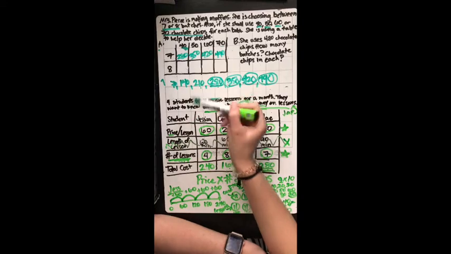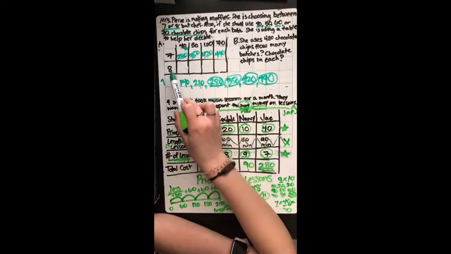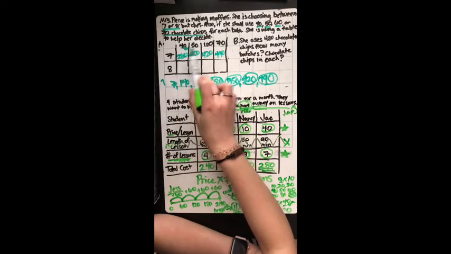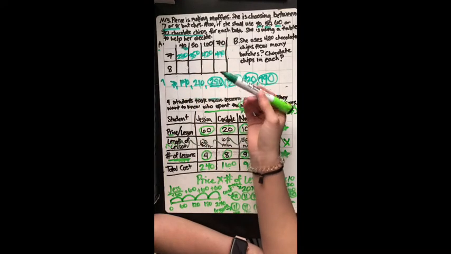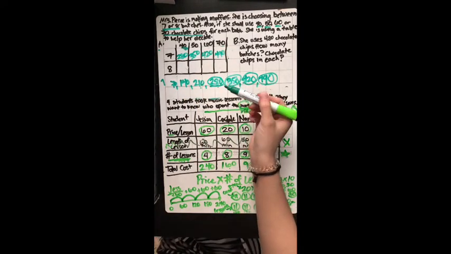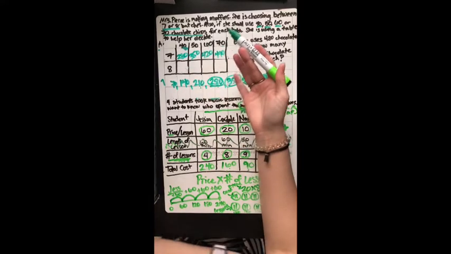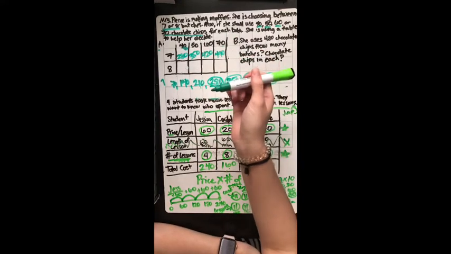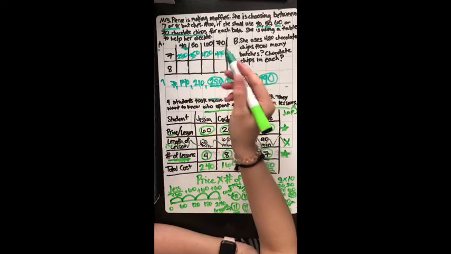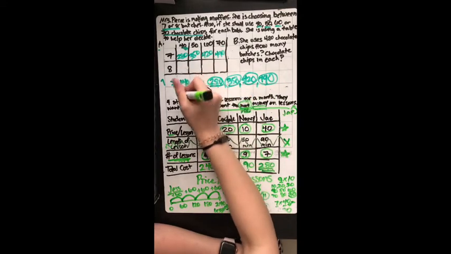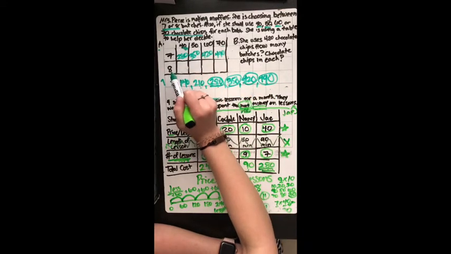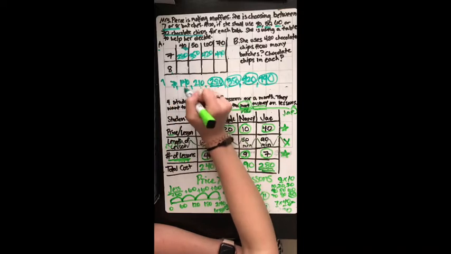So I'm going to use a different strategy for my second one. Here I've got 8s, and I've still got those same multiples up here, 40, 50, 60, and 70. But this time, I'm going to use my groups. So I'm still going to be thinking about it in the same way. So here, I know I'm working with 8s. So I'm going to draw